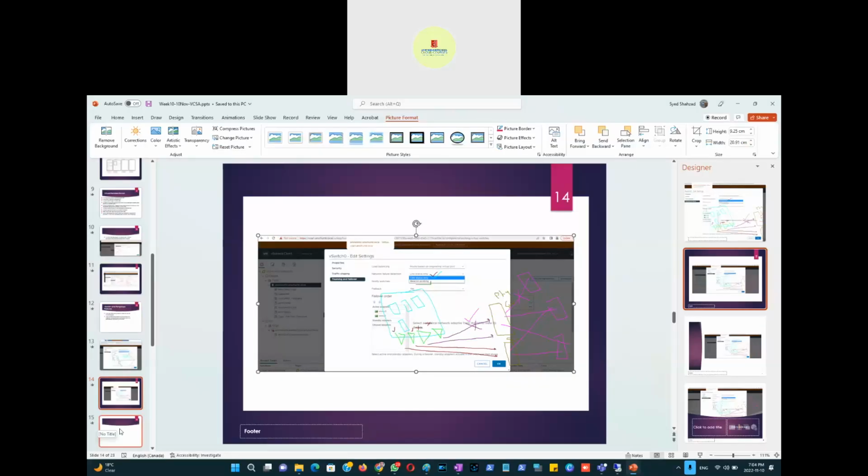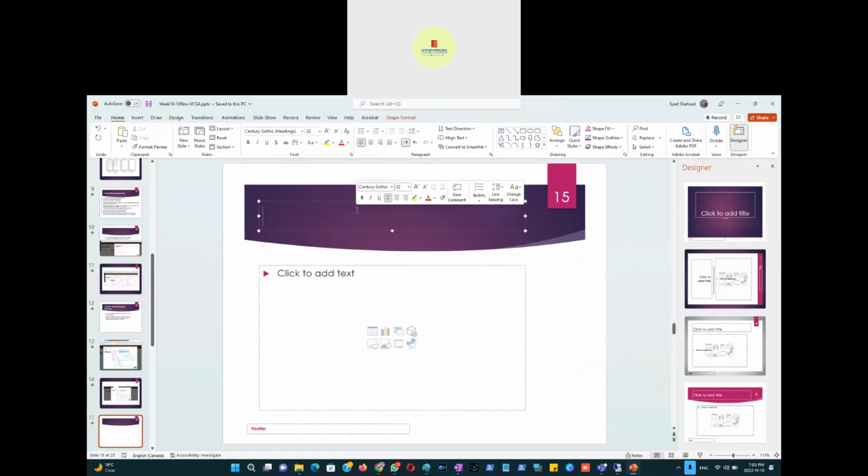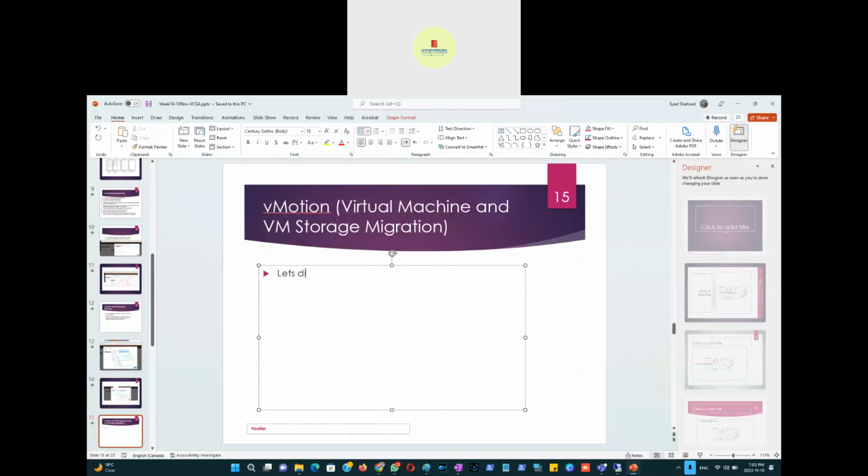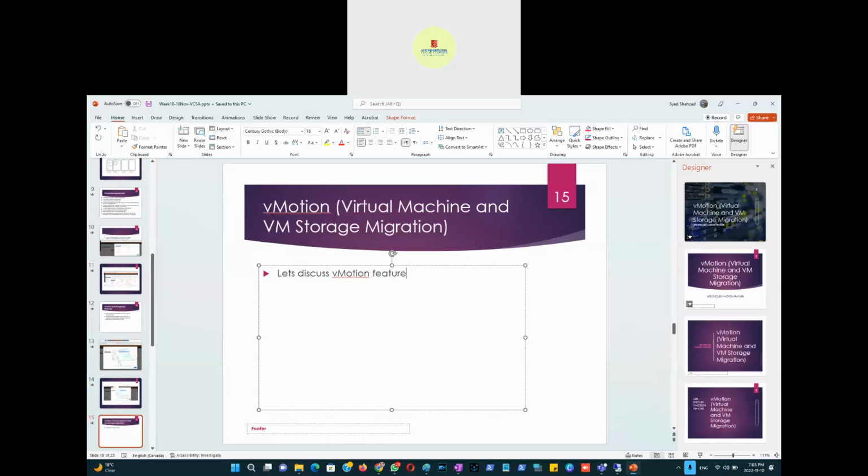What we're going to do is, okay, let's explain here. vMotion, which is virtual machine migration, and VM storage migration. So let's discuss the vMotion feature. And because of this feature, VMware in the early days got famous,